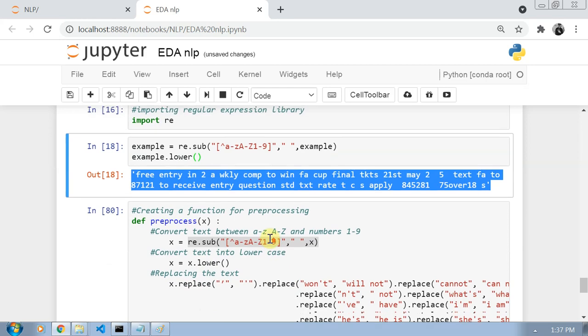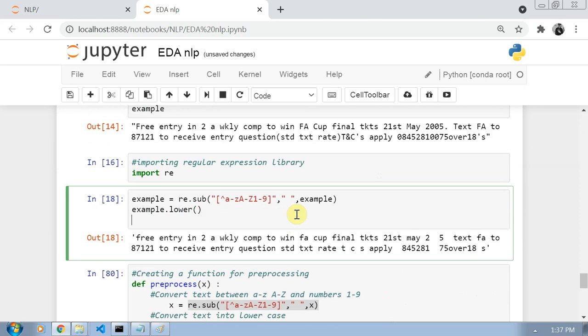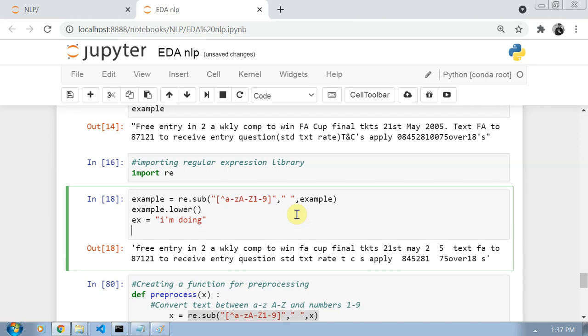Also, I can replace certain things. Suppose I have a sentence like "I'm doing", and I want to replace this single quote with a space and m.